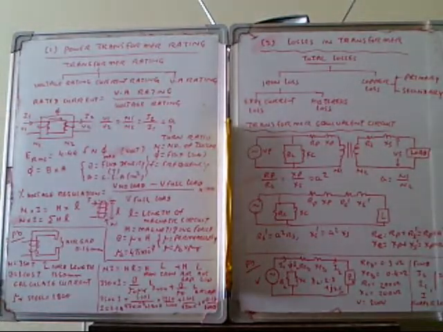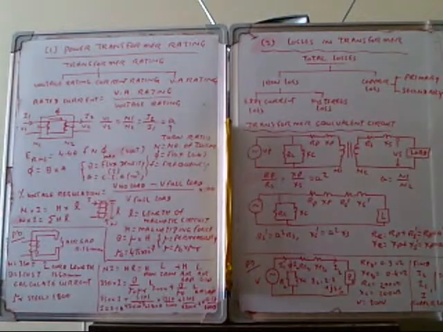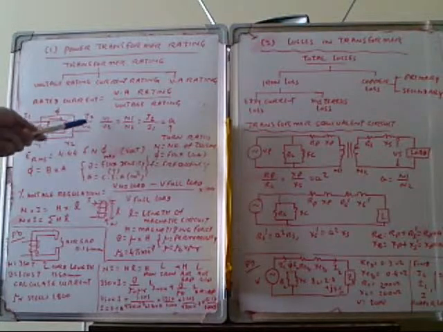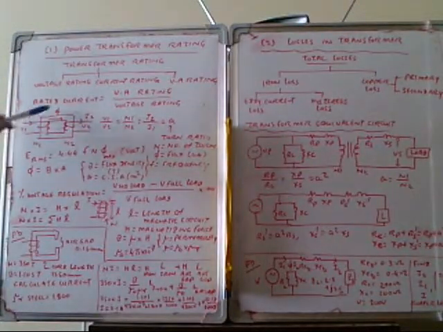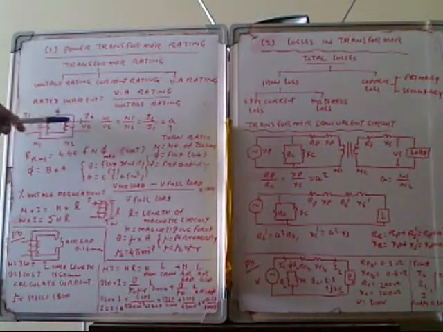So this is a transformer primary winding. Primary current I1, primary number of turns N1, primary voltage V1. Secondary current I2, secondary number of turns N2, and secondary voltage V2. So flux is passing through. When you connect the transformer to the primary winding, the magnetic flux will link to the secondary winding and